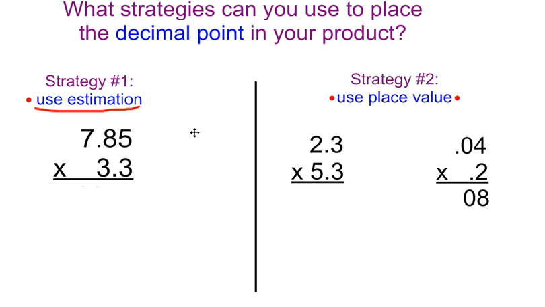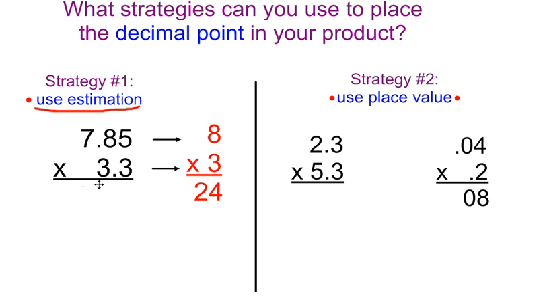Well, if I look at 7 and 8500ths, I think about where it is on the number line, and I know it's close to the number 8. So I'm going to estimate that number to 8. 3 and 3/10, well, on the number line, I know it's close to 3, so I'll estimate that to 3. And when I multiply these two numbers, I get a product of 24, which becomes my estimated product. So I know when I solve the true problem, my true product needs to be close to this estimated product